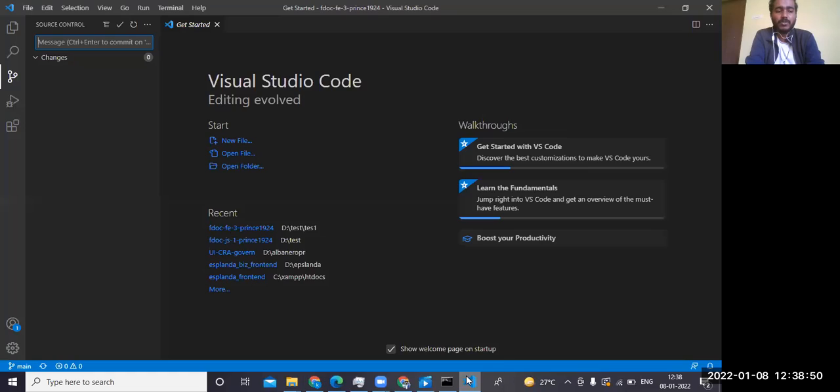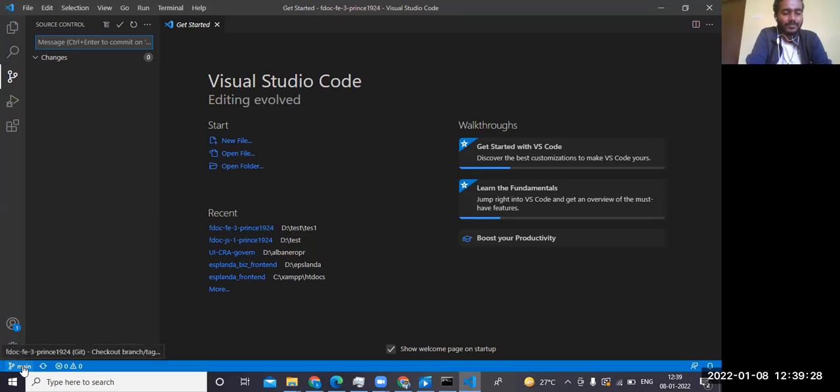So let me open Visual Studio Code on this particular main branch. Why should you not work on the main branch? Because the entire code will be in the main branch. Consider you're working on a 2 years long project where there are a lot of project files, and everything is in the main. If you straight away work on the main branch and commit changes, and your code has some issues, that is going to break the existing application which is running. For that reason, we don't work on the main branch, and we always prefer to work on separate branches for our separate tasks. But I will tell you how that can be merged to the master.